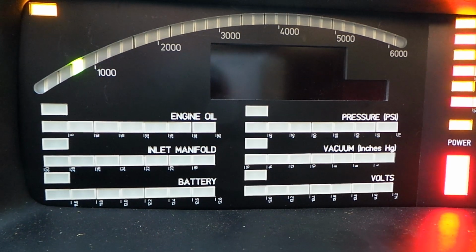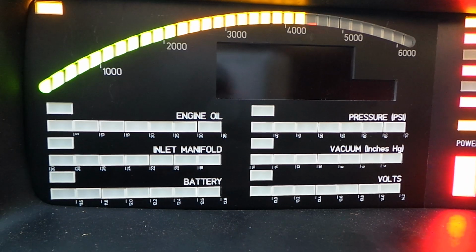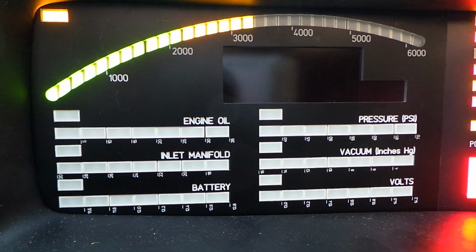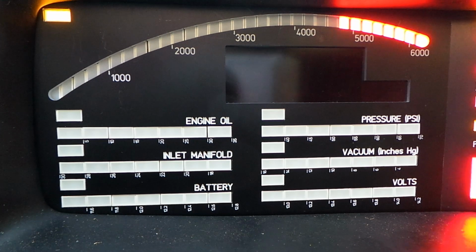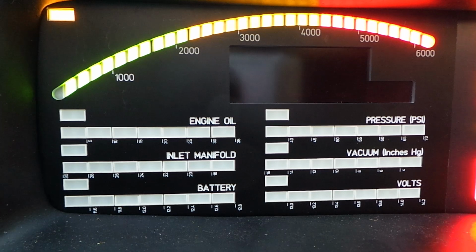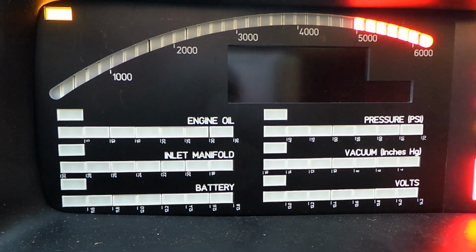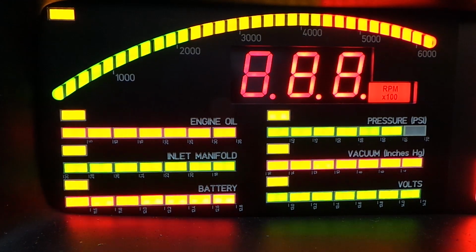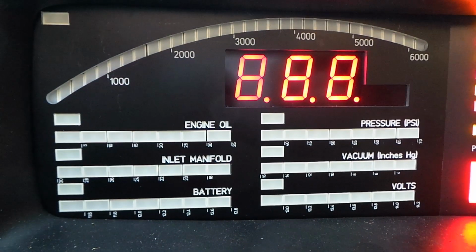Just a number of different patterns. Taco arc. And a reverse taco arc. I've no idea why you would ever want to do that, but just because we can, so why not? And then similar kind of thing, all the elements on, vary the brightness. I'm just going to pause that because it's the same as the other,